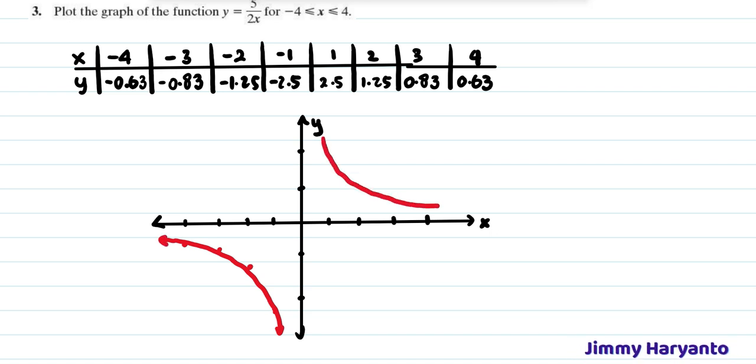When you plot it, you will have this curve. And then do not forget that for this one we have asymptotes. You have to draw the asymptotes also. The asymptotes will be just like that. Okay, and then